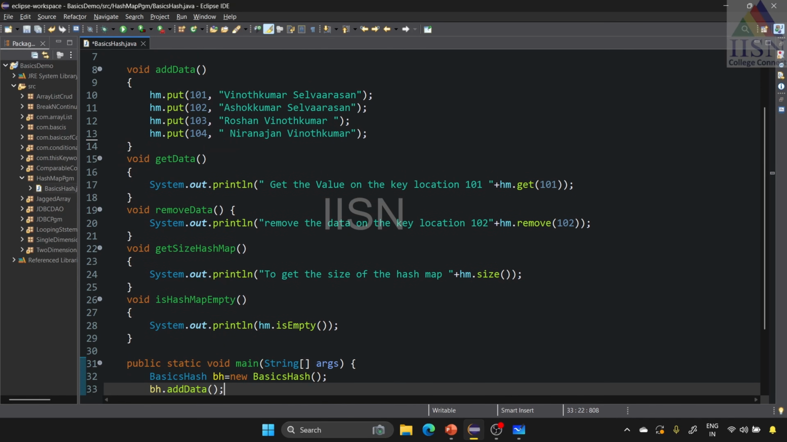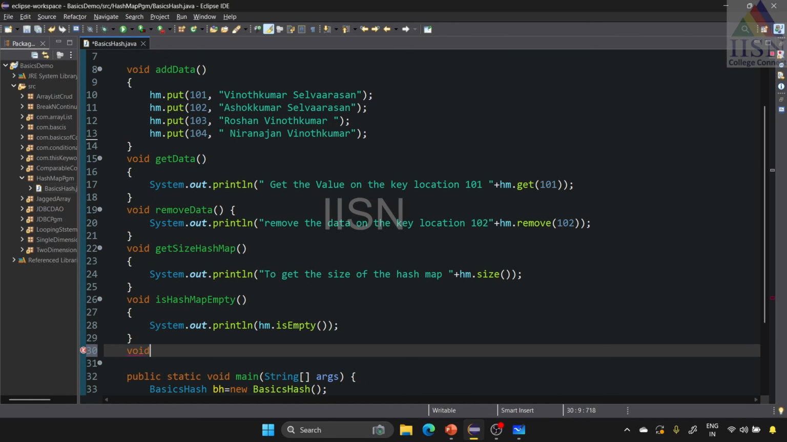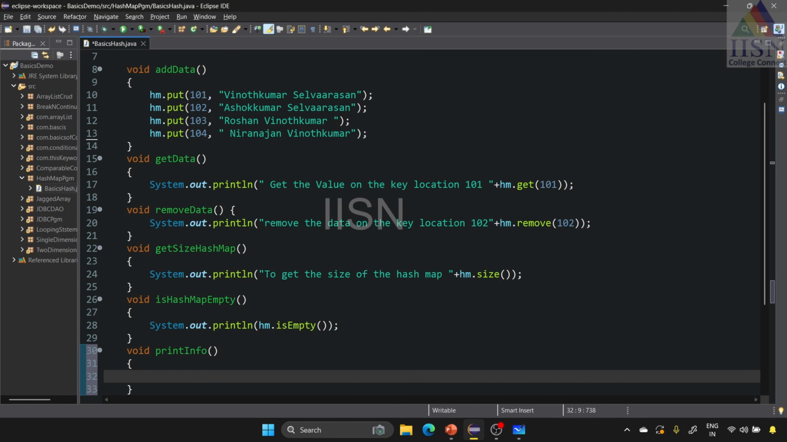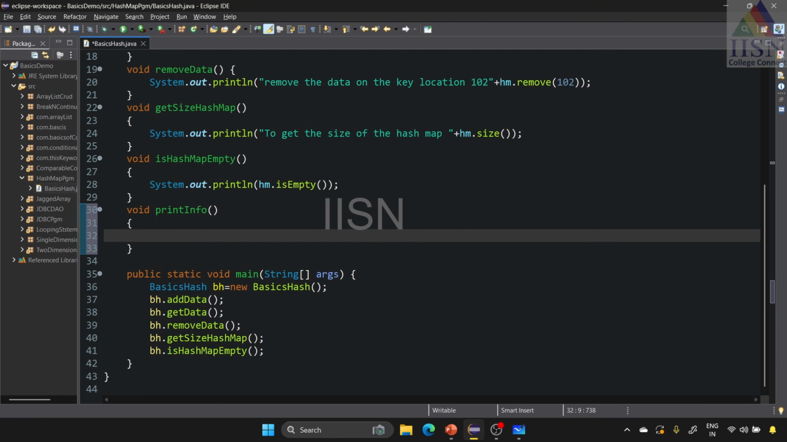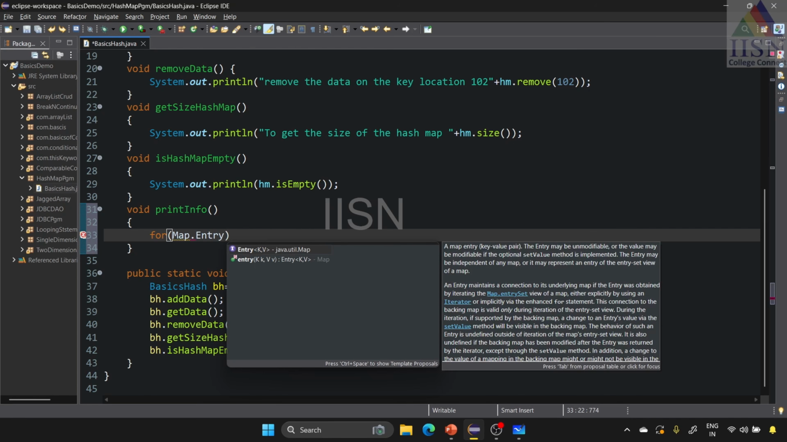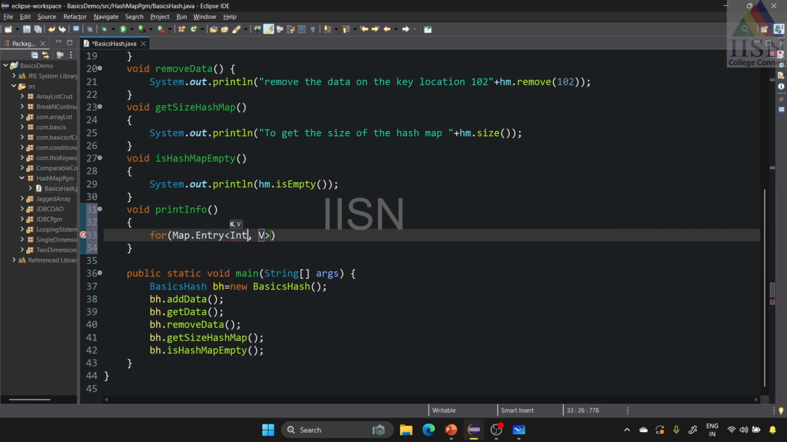particular hash map. For that, I'm going to use void print info. Inside this I'm going to use for inside this Map.Entry. Here I'm going to mention the key. What is the key type going to be? It is Integer, right? So key is Integer, and then value is